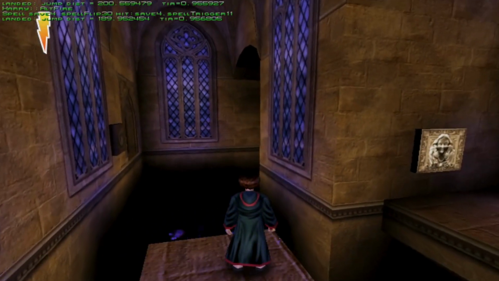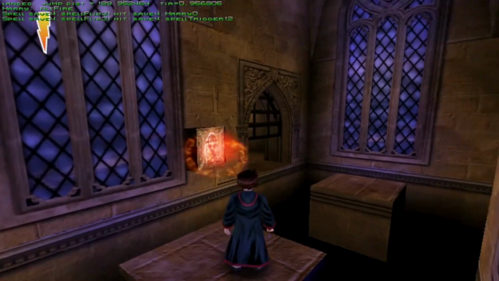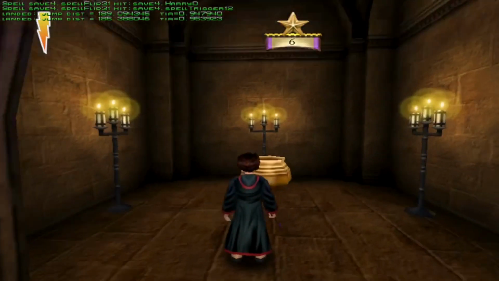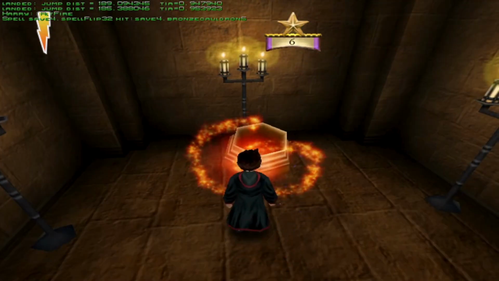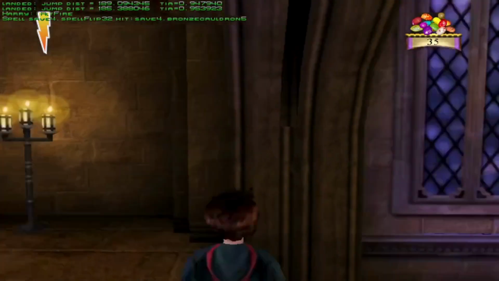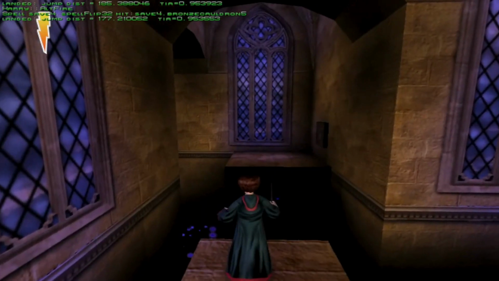If you notice, there's a secret area off to the left side there. You can hit the Flipendo switch to open that gate, and then you can jump inside, grab the 6th challenge star. And then we can take the beans from the cauldron. And then we can continue on, jump onto that platform,